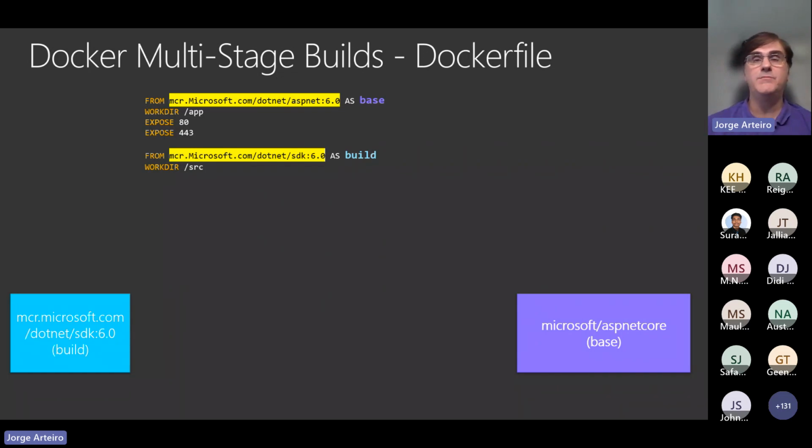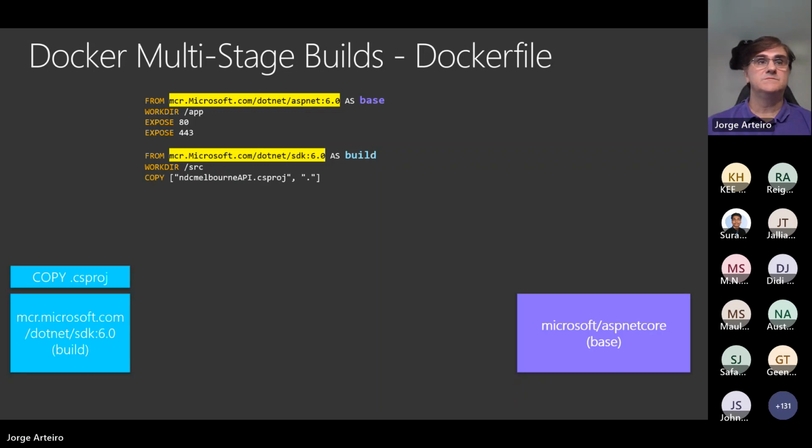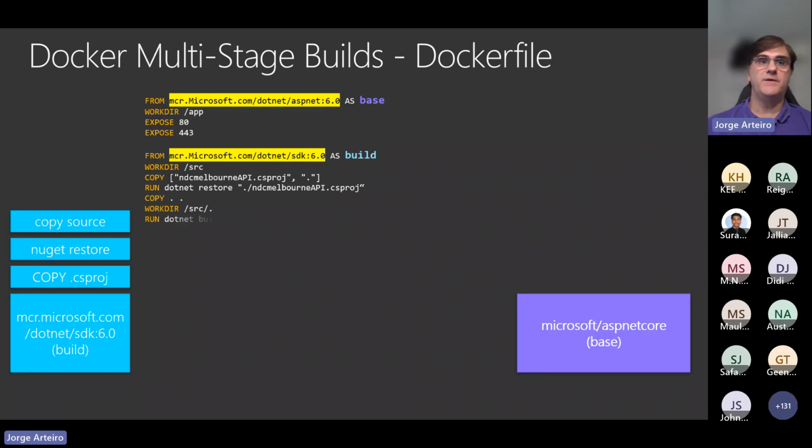And now I need to build my application. Inside the Dockerfile, the command you run to build the Dockerfile that you're writing here is called docker build. You can have multiple stages. Each FROM is a new stage. We're going to create the second stage to build the application. Then we copy the code. We run dotnet restore for the packages of the project. Then we copy that and you run dotnet build.